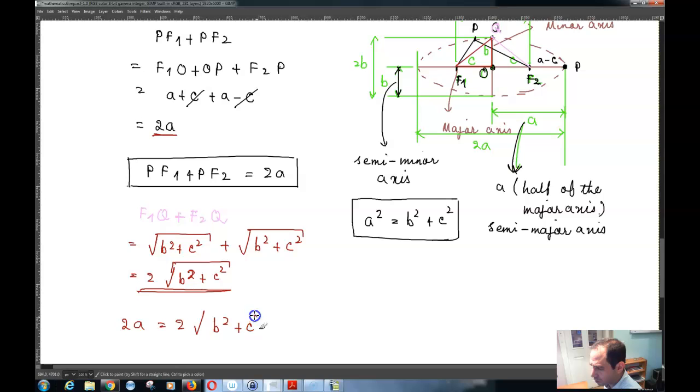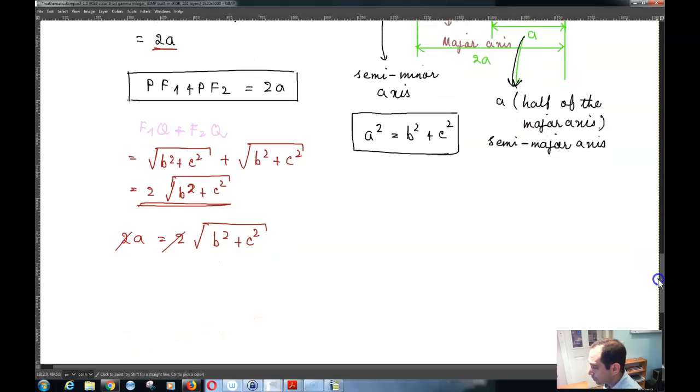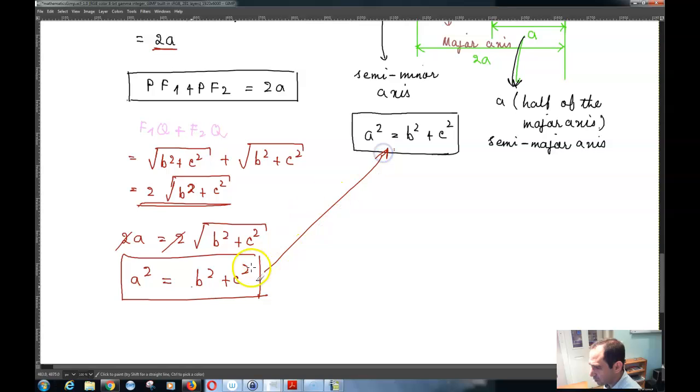plus c squared, and if I cancel out these 2's, I get a is equal to the square root of b squared plus c squared, or I can raise both sides of this equation to 2. I get a squared is equal to b squared plus c squared, and that is the relationship that basically we had over here. So a squared is equal to b squared plus c squared, and